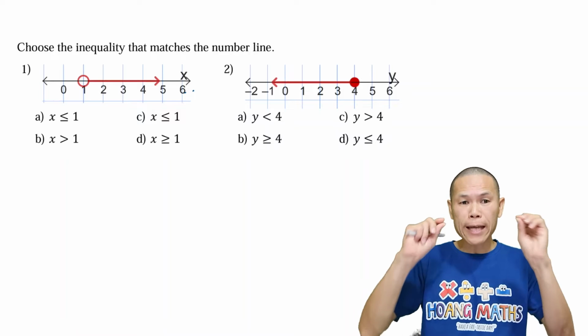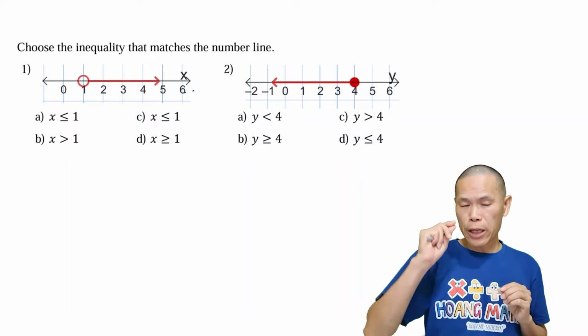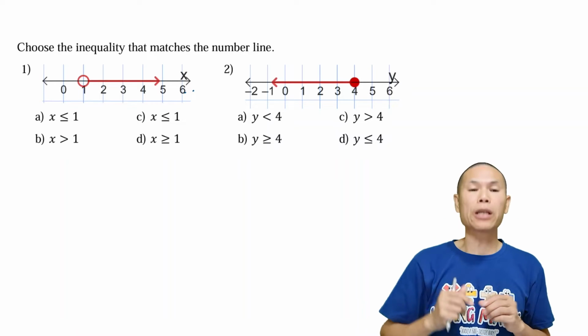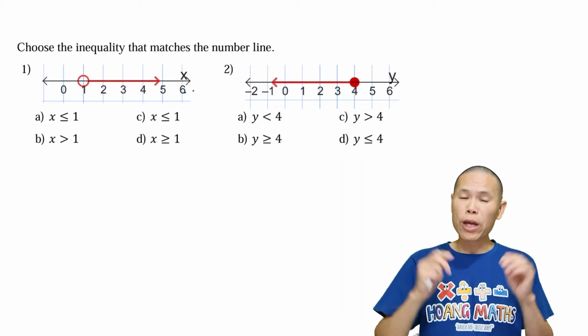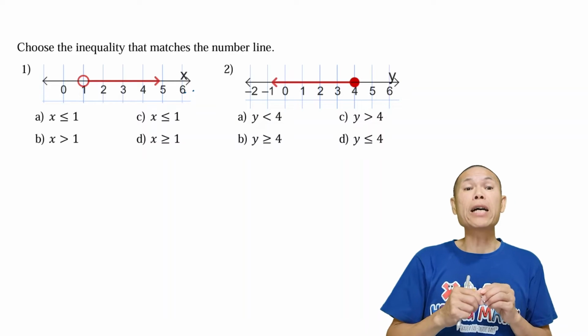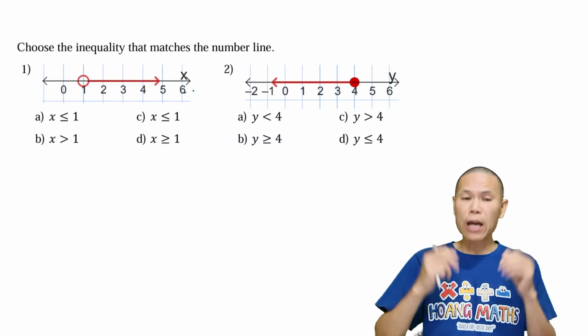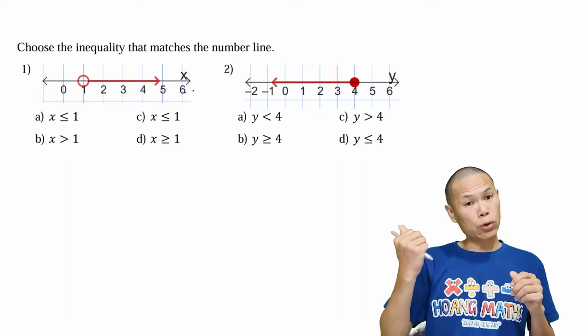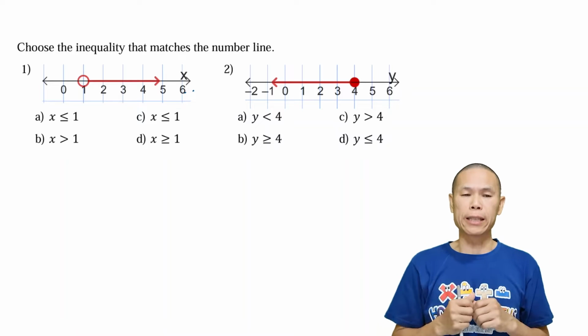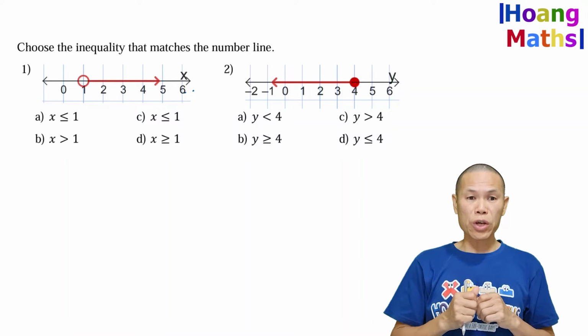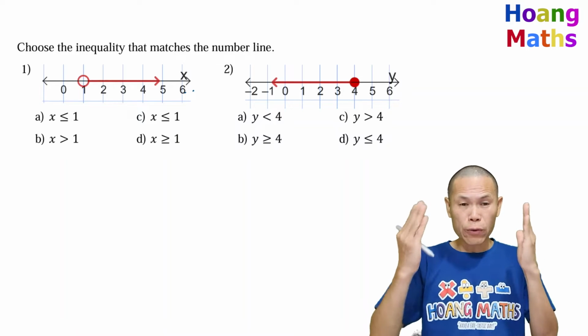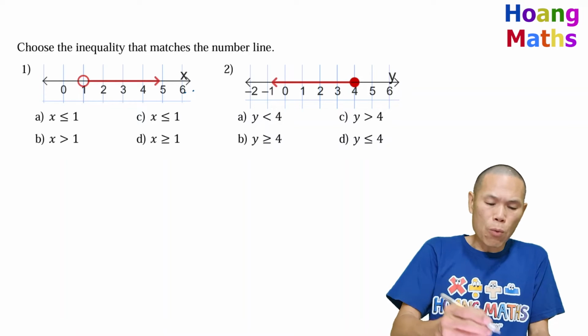The question is asking us to choose the inequalities that match the number line. And we know that the number further to the right is the largest. In other words, the number further to the left is the smaller it is. Keep that in mind. So question number 1, and if you look at this, we start from number 1, and